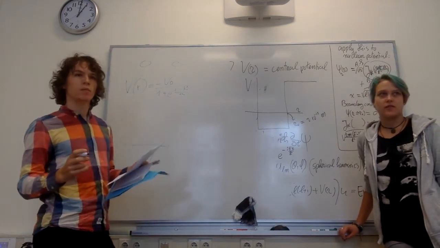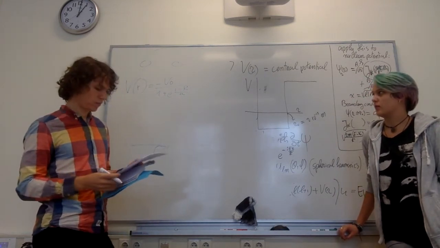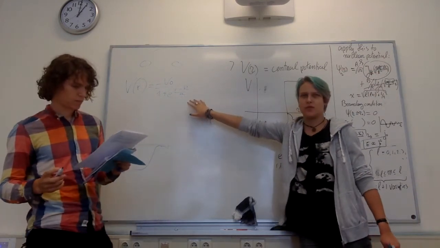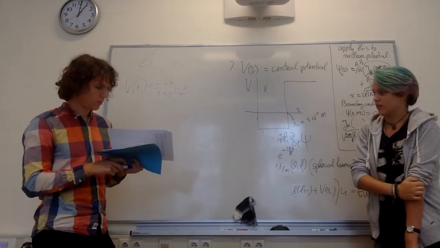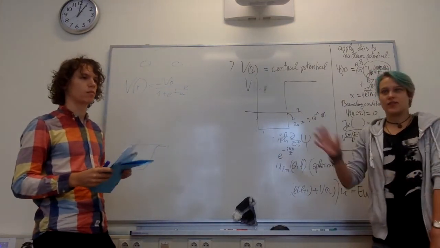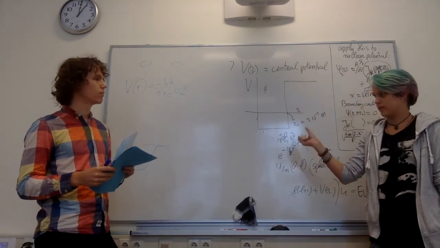So the question asks us to try and figure out what V0 was, what the capital R was, and what a was. And from playing around with numbers and seeing how they change the graph,